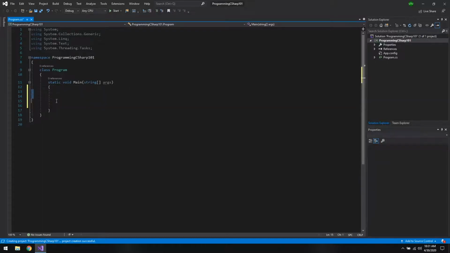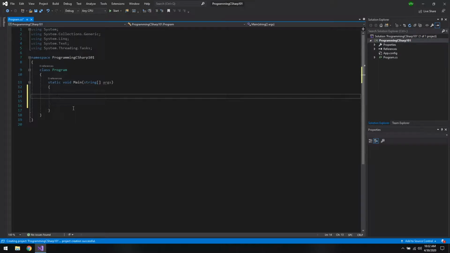And this is what's called a code block. Everything from here to here will execute inside this code block. So just make sure inside of the main code block, we type what we want to type. So we're going to do the classic hello world, which every tutorial has to do. And all that is we're going to print the words hello world to the screen, and you'll see how we